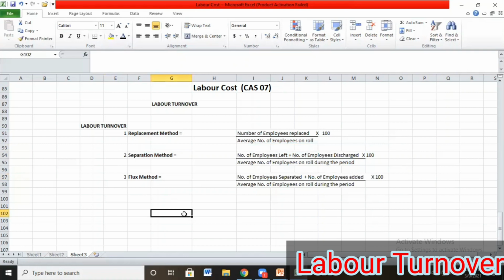So there are many reasons for the labor turnover in organizations, as we can consider them as personal causes, unavoidable causes, and avoidable causes. So personal causes can be the change of job for betterment, premature retirement due to ill health or old age, domestic problems, and family responsibilities. This can be considered as personal causes.